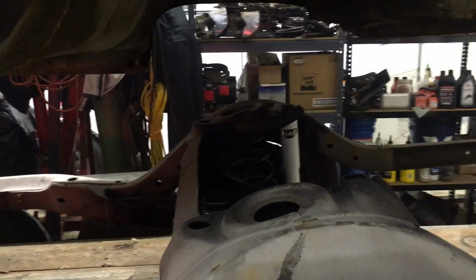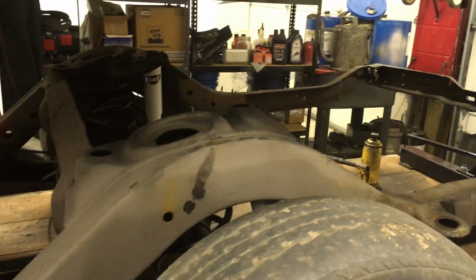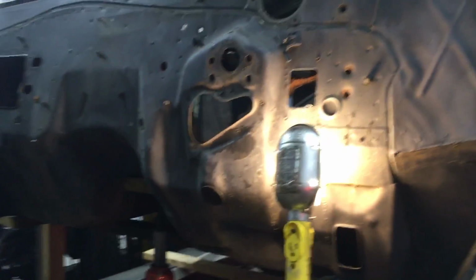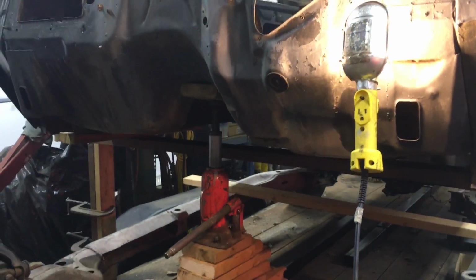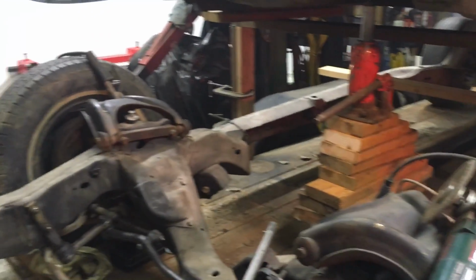I had to do a bunch of work on this rear end and buy a bunch of parts and pieces, and it used to be a sled. When I bought it, it didn't have a rear end or anything. So now I can get the frame out from underneath it and leave the body up on the trailer. Then I take the trailer out, bring it back down here to the shop, and put the rotisserie on the front part of the car,